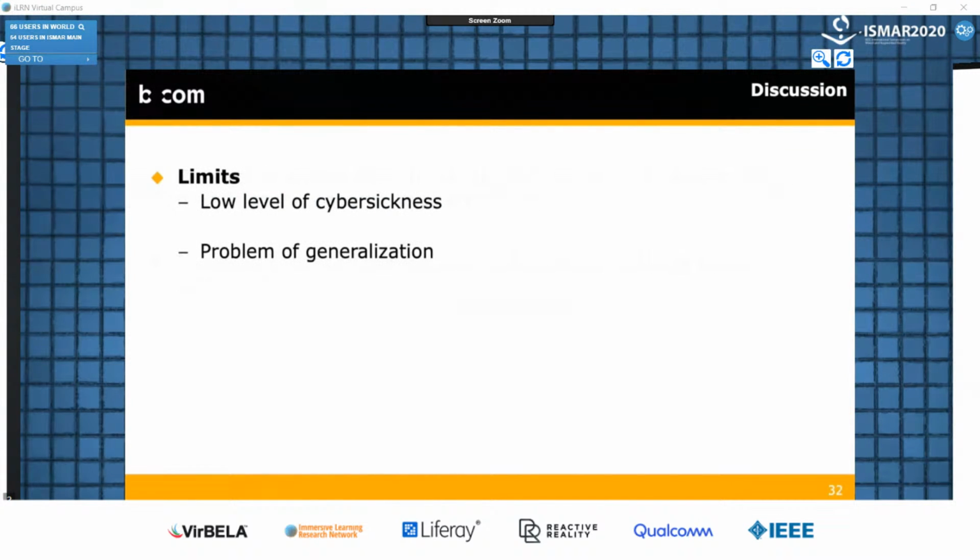Nevertheless, two main elements need to be noticed. First, only a relatively low level of cybersickness has been induced in the participants, especially due to ethical and safety reasons. Second, generalization remains a big issue. Only a few papers explored this problem with physiological data. Currently, trained models are able to detect cybersickness only when data of the participants are available during training. In other words, the recognition performance is weak for new users. Normalization of the data improves the performance but doesn't currently solve the problem.